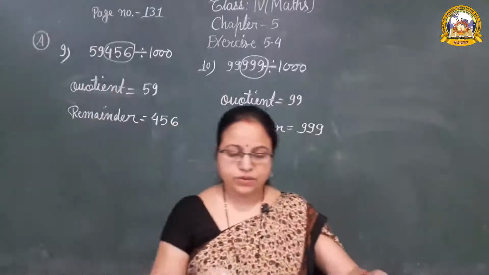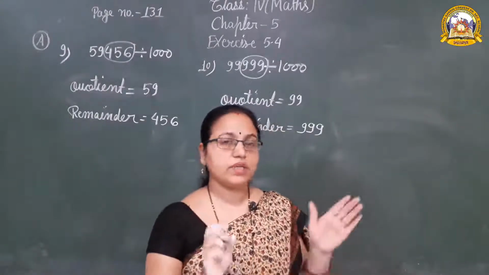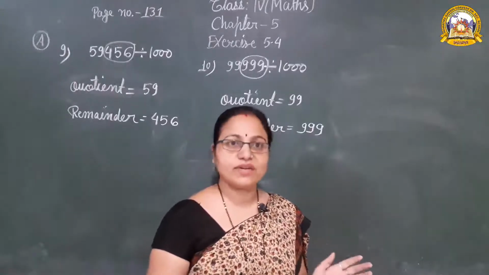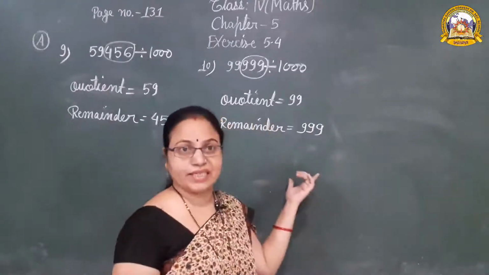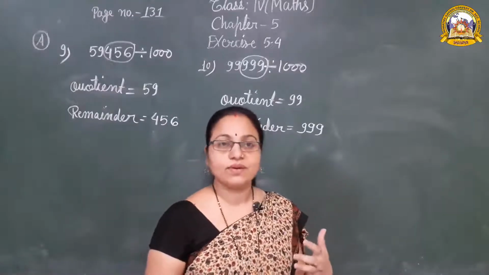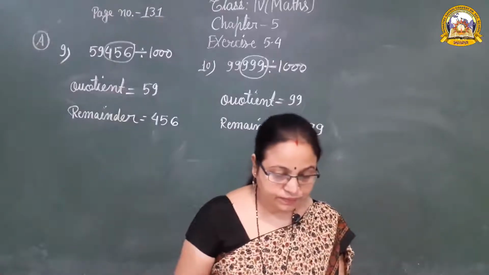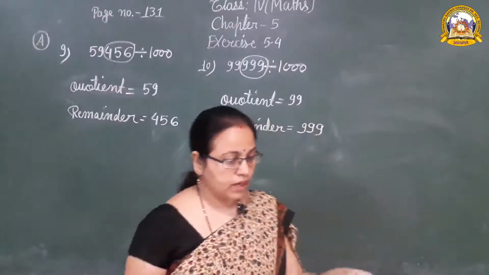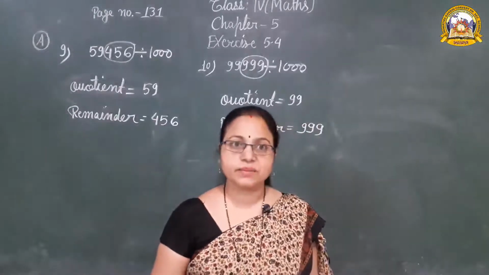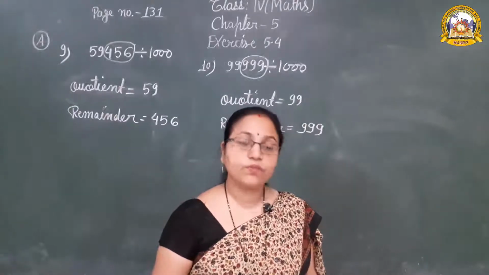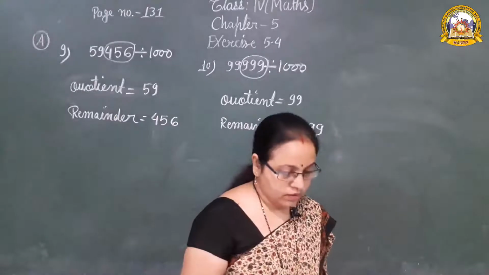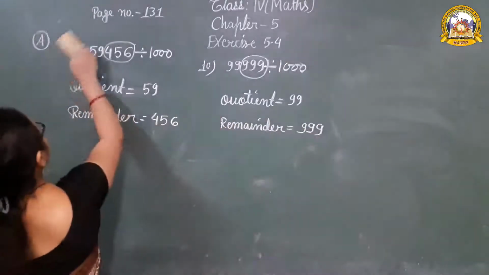So just like that, we have to find the quotient and the remainder without solving the long division. आपको long division solve किए बिना, this is the short trick to find the quotient and the remainder faster. Okay. And question number 11 and 12 are homework questions. Now question number B. Solve these word problems.